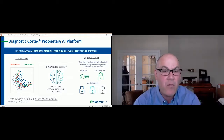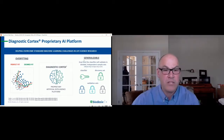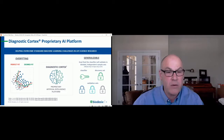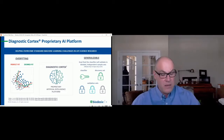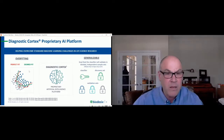And that leads to the problem of overfitting, where you have many more pieces of information than you do subjects in the trial. You're really prone to having so much data that for your given data set, you can find what's called the perfect fit, shown here by the red line, where you come up with a mathematical construct that perfectly fits the data. But what happens when you get this is that when you try to take it to another data set, that mathematical construct is so precise for your original data set that it doesn't recapitulate and it doesn't validate. So one of the things that we do with a machine learning-based overfitting algorithm is to look instead